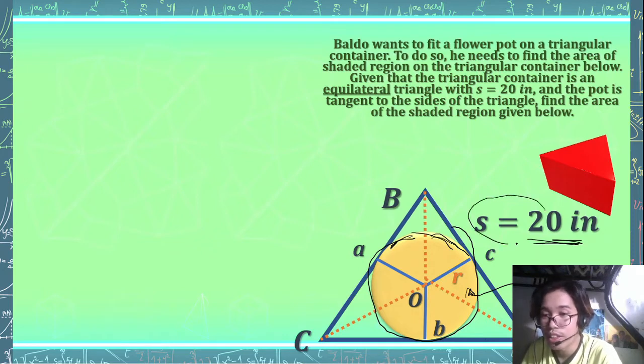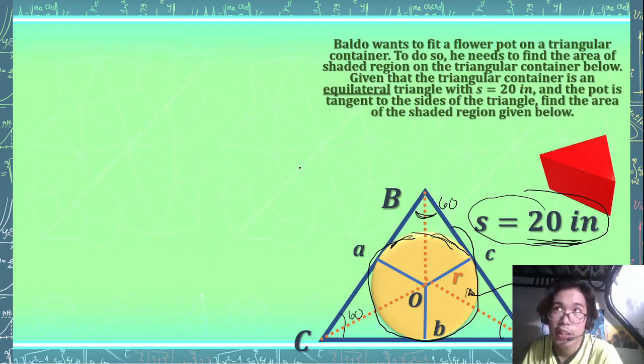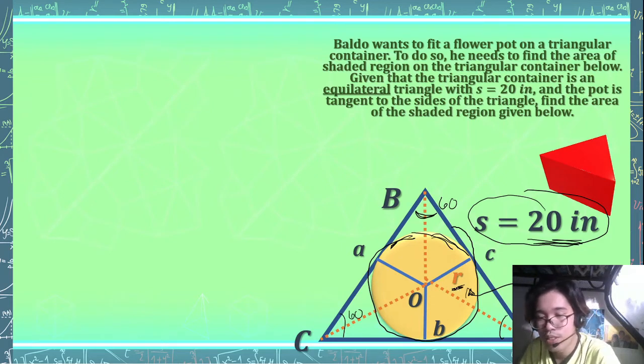We only have one given, that the side measurement of the equilateral triangle is equal to 20 inches. To solve this problem, we also have to know that this equilateral triangle is also equiangular. So this is 60, this is 60, and this is also 60. And then we can create a new formula in finding the radius of this circle. So how do you find the radius of a circle that's been inscribed in an equilateral triangle? If you can see, guys, using the dotted lines,